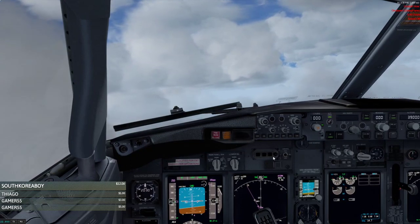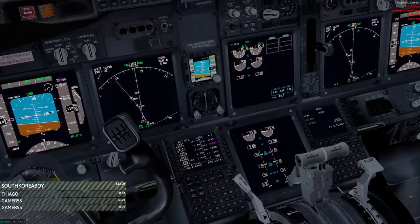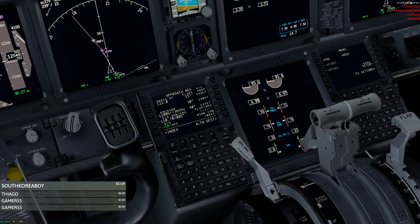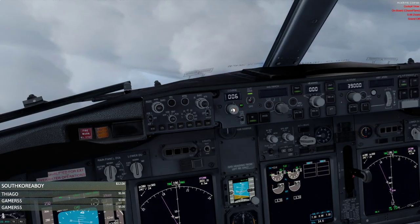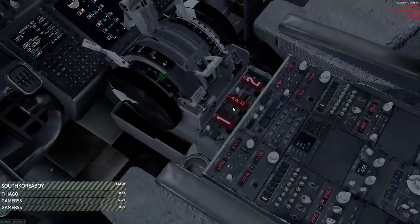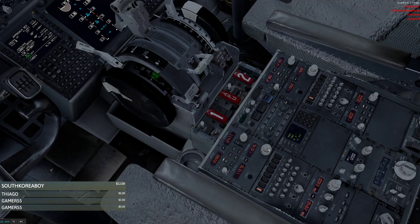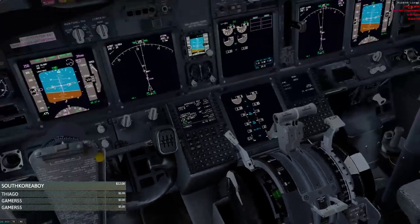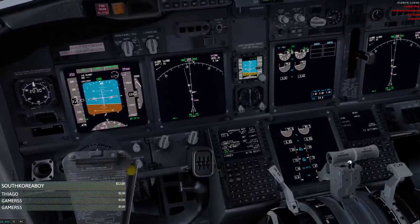So if we can, I'm going to try and get the ILS for 36 right. And let me just get the ILS in the course. So course is 005. Alright, let's get that in there. 005, and ILS is 110.7. Alright, there we go, 110.7. Perfect. And then the minimums are...